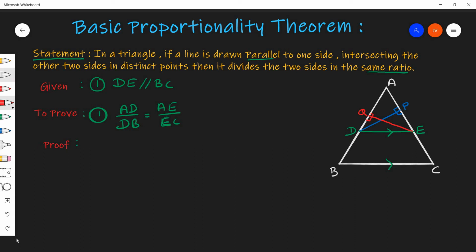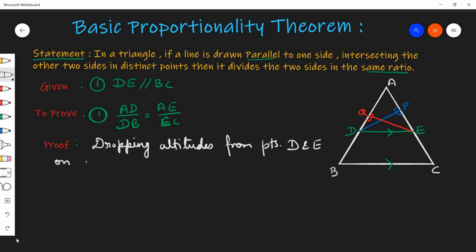So our construction is, we are dropping perpendiculars or altitudes from points D and E on AE and AD respectively,